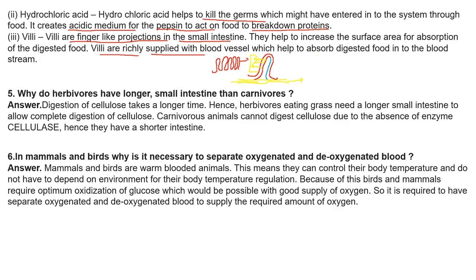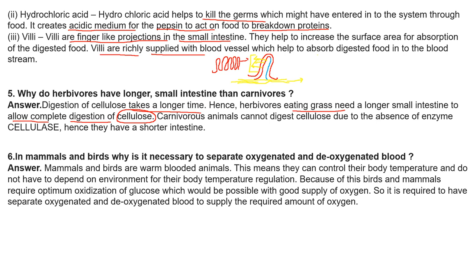Now herbivores, we know that herbivores have to digest cellulose, so that is why it is very important to have a long intestine. And this is why, because they eat grass, and grass has a maximum amount of cellulose. We know that cellulose makes the cell wall in plants, isn't it? So plants are directly eaten by the animals. They don't cook their food like us. So they eat cellulose directly.